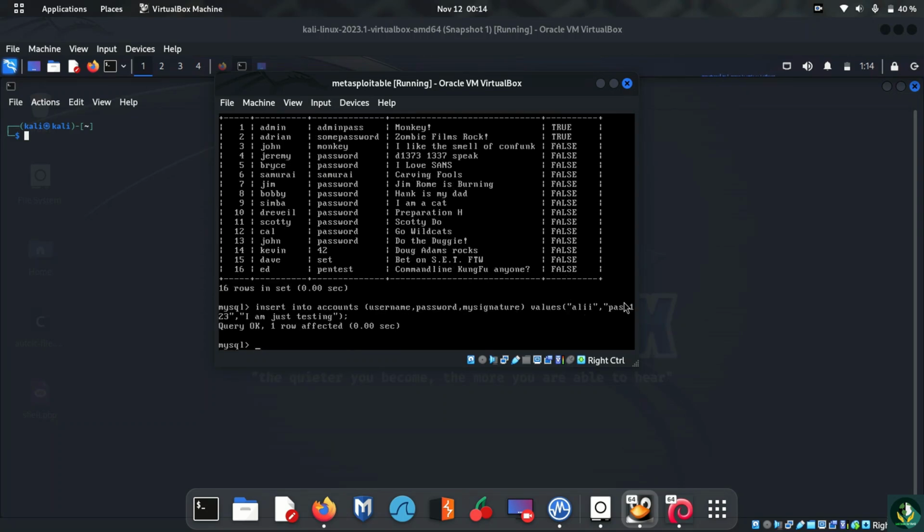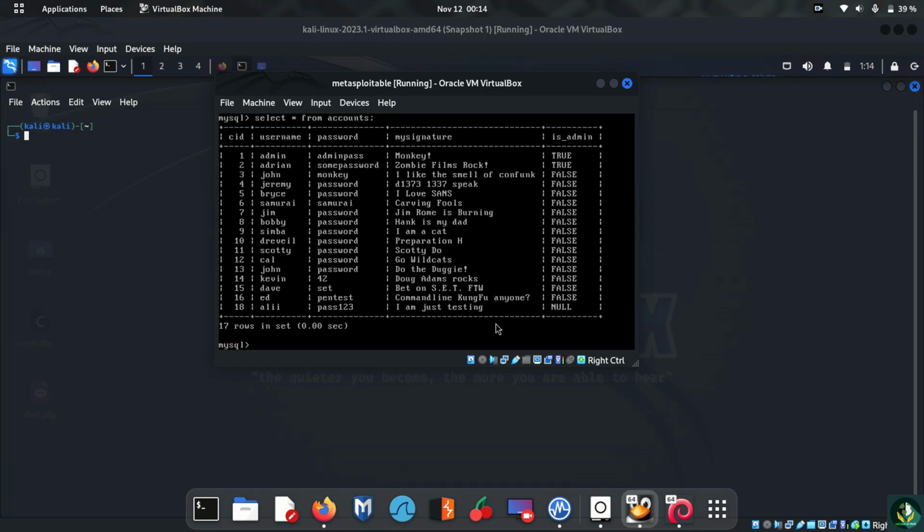As you see, query okay, one row affected. Okay, now I want to see that. If you want to see that, again you need to select it. Okay, so select star from accounts and hit enter. So as you see, we have added one